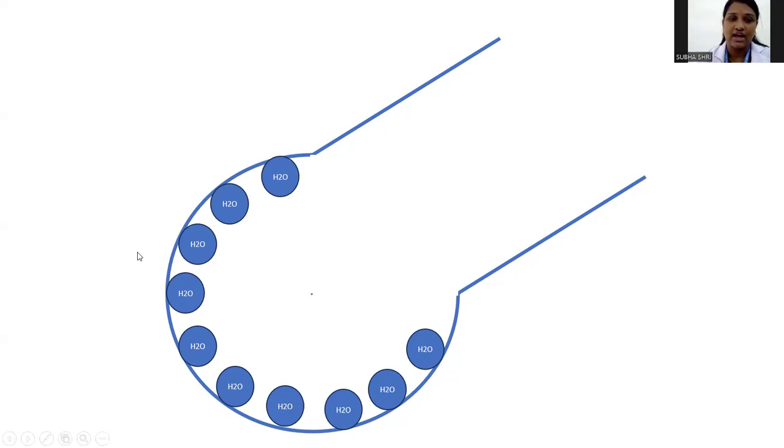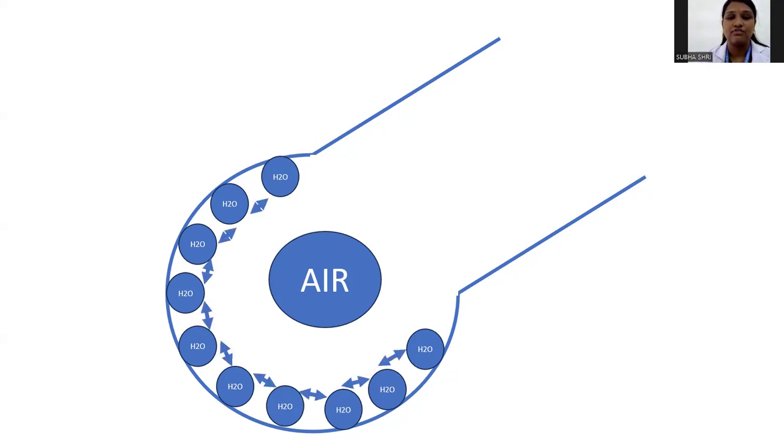The inner surface of the alveoli is lined with a thin layer of water. So we have air coming in to the alveoli from our environment. So what happens here? There is an air and water interface. Whenever air comes in contact with water, there will be a tension created here called surface tension. And this surface tension will try to bring closer the water molecules. So whenever water molecules around here try to come closer, the alveoli will also try to collapse.